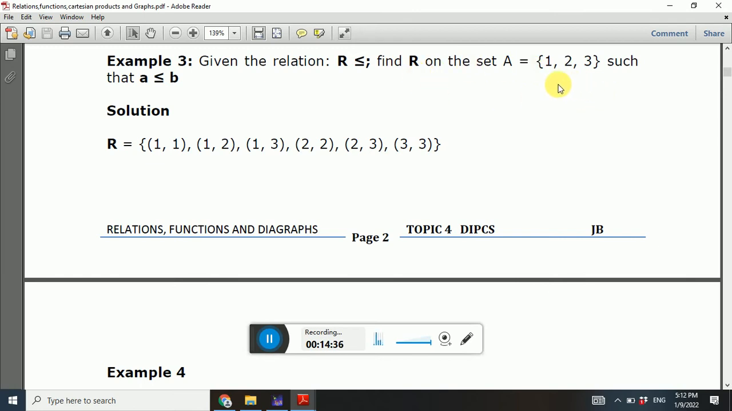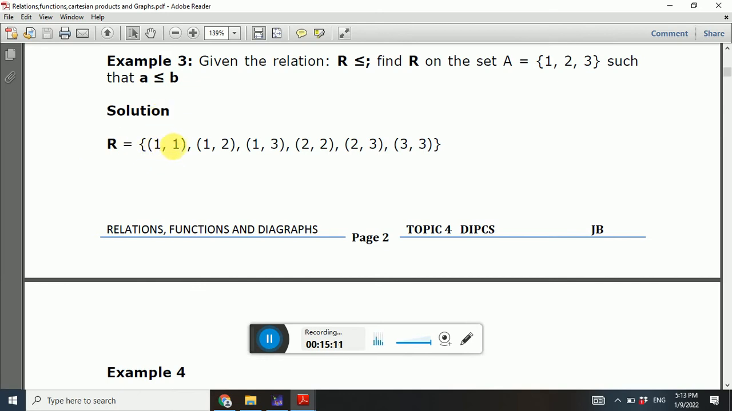But from all those elements, they want you to find R. R has the condition that the first element is less than or equal to the next one. So when you were computing the Cartesian product, you saw cases where I had (2, 1), (3, 1), (3, 2). It means that those pairs do not qualify to be in R. So finally we say that the relation R has only the pairs (1, 1),